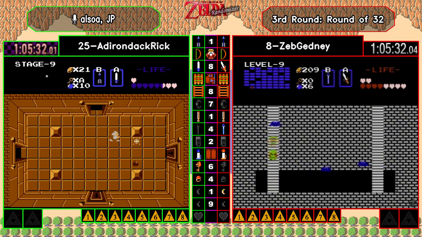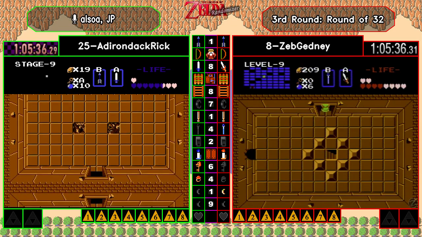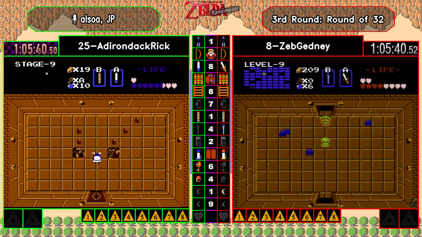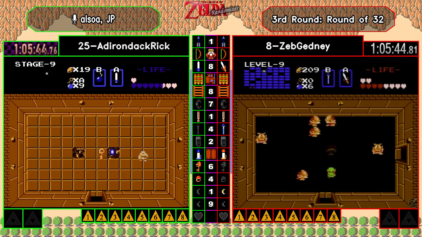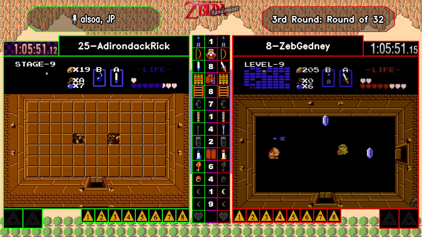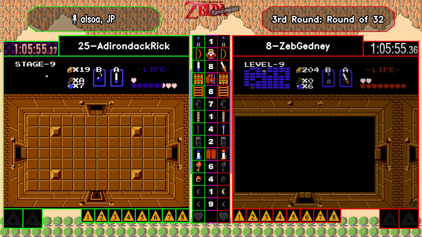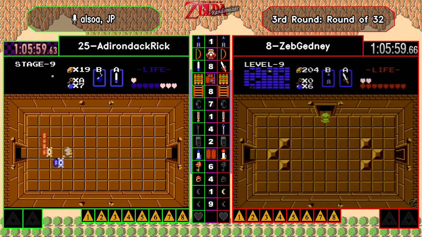Rick is still trying to make a path up there. If he gets up to that upper right corner... Zeb is also on his way up. This is a case of: does the defense make up for the lack of knowledge? Like, Rick was right near Ganon's room. He might have even heard Ganon's roar. He may have. If Rick heard Ganon's roar there...